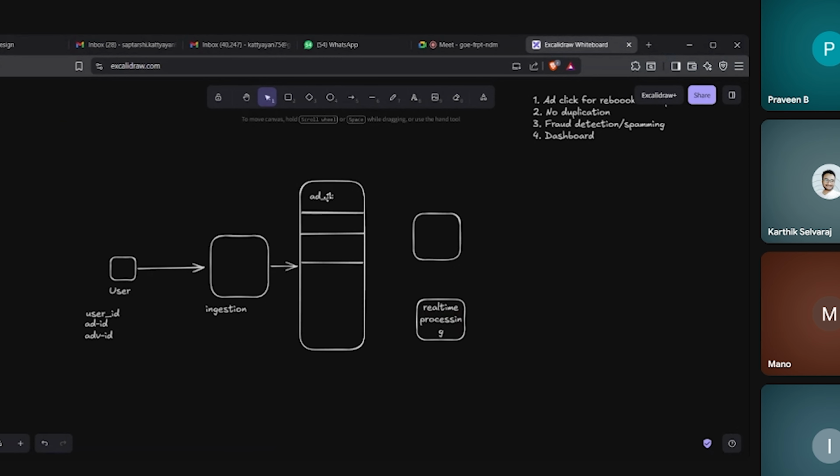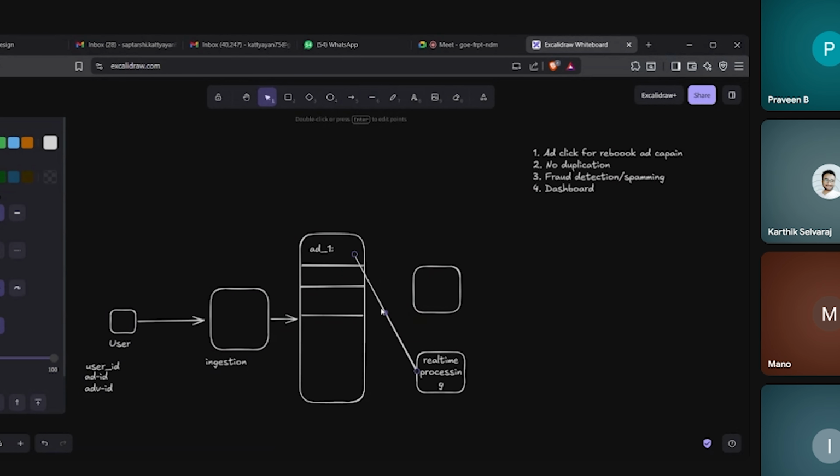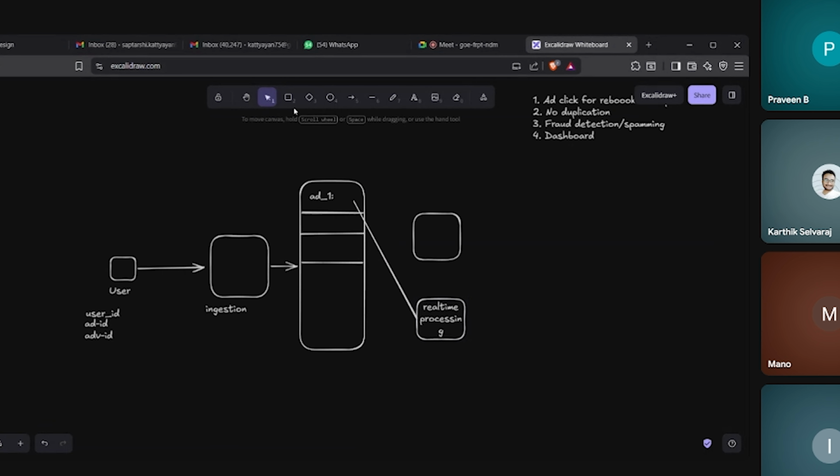Once a click arrives into this pub subsystem, this consumer will subscribe to these ad IDs, pull the information from here, and start processing all the ad IDs at once. For a particular ad ID there can be many click events registered, not just one, and this real-time processing service will fetch them from here.